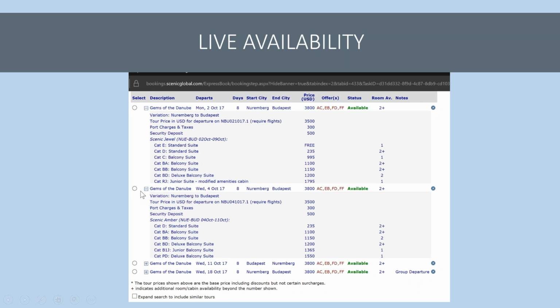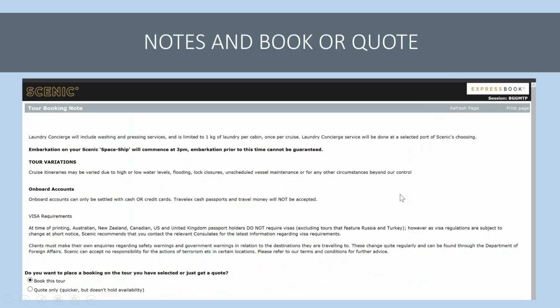So once I do that, I select it by clicking over here on the button and moving forward. First thing it's going to do is tell me anything that I should know and tell my client about this particular sailing. And this information is kept up to date on a daily basis. So if there's any kind of potential disruption or something on that particular tour,